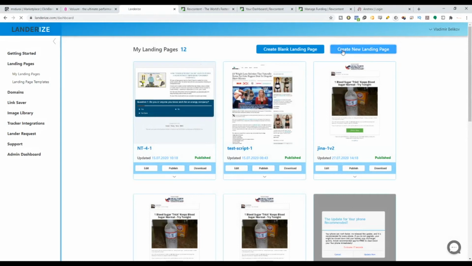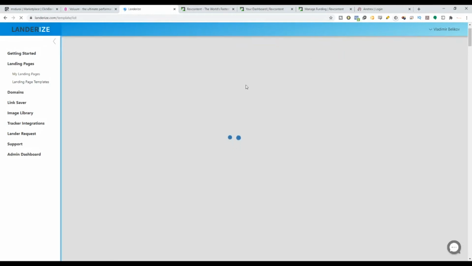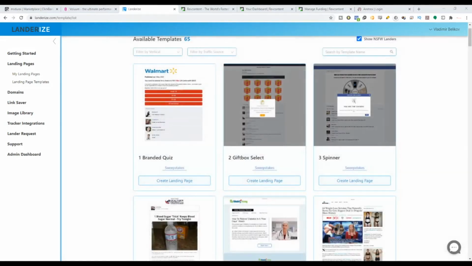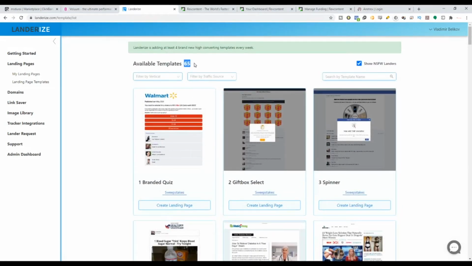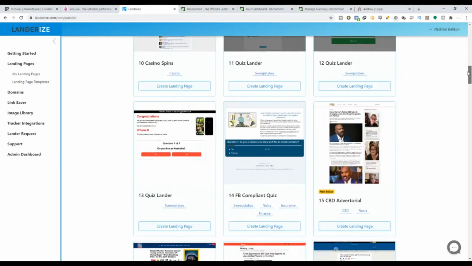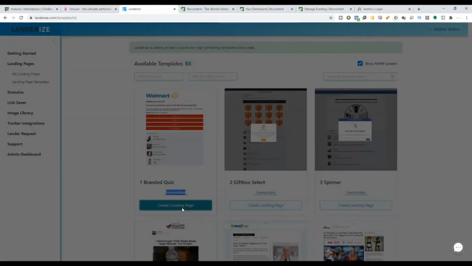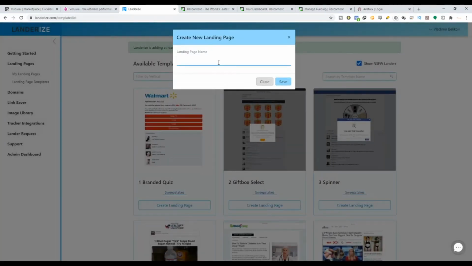create a landing page. When you hit create landing page, they will show you all the available templates. You can see there's like I think 58 templates available right now, or 65, they already increased. If you think it's less, let me just tell you that Landrise is adding at least 4 brand new high converting templates every single week. And what we mean by high converting templates is that all these templates have been tested and optimized by Colin and their team. Each of these templates caters for different purposes: sweepstakes, neutral, and all this kind of stuff. So all you gotta do is choose a particular landing page,